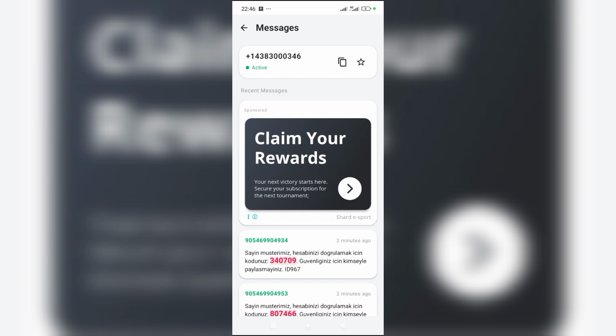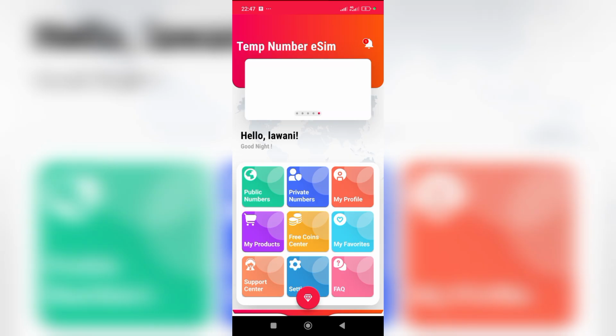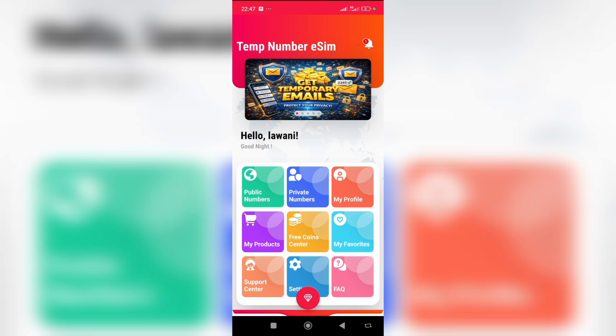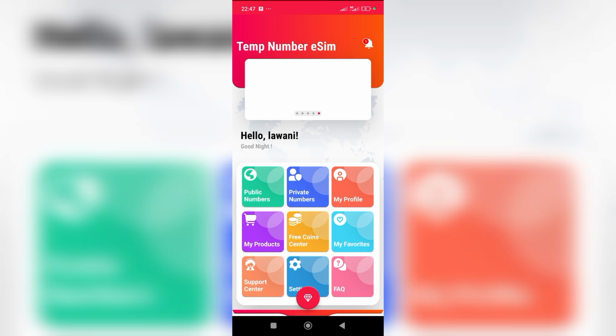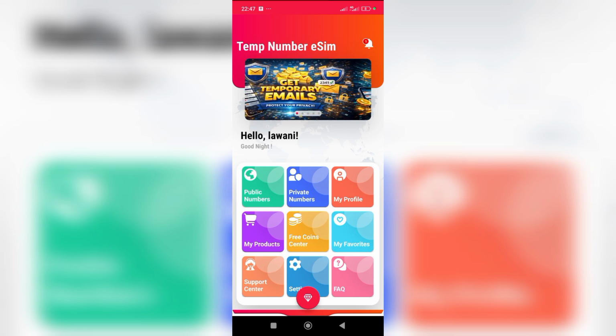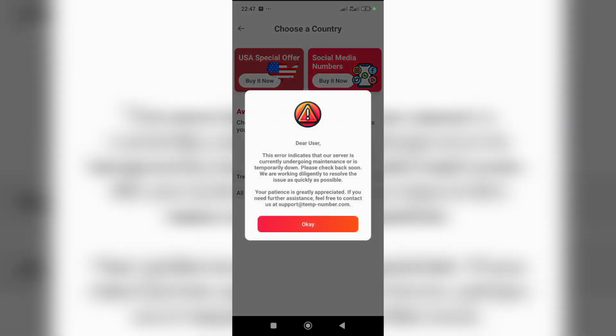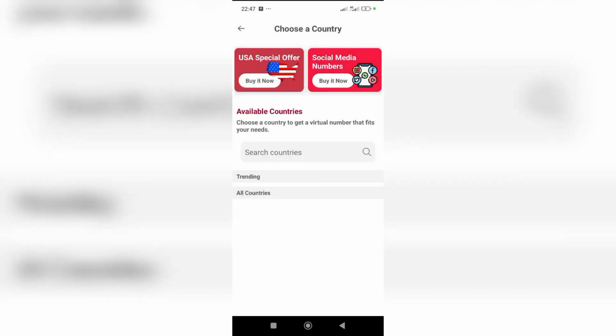You are not the only person making use of this number. Let's say this is the public number, the second one is the private number. This private number simply means a number that you own yourself. These are the numbers that are meant for you. This number is your own real number. You are not sharing it with any person, and nobody else is making use of this number. For you to access it, you click on private right here. You click on OK,